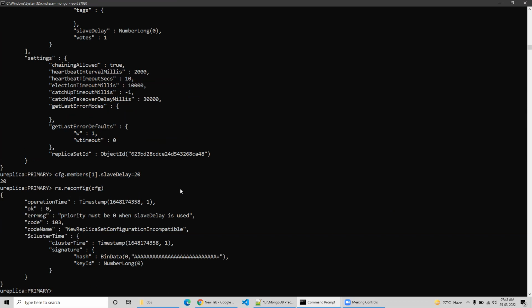Okay, do one thing. Priority must be 0. Got it, so do one thing. In that case, press the up arrow key again. Up arrow key again. Yeah. Here, before you just press enter,